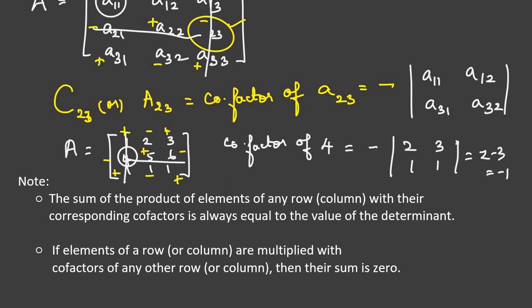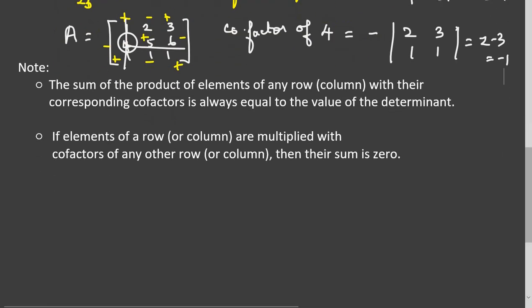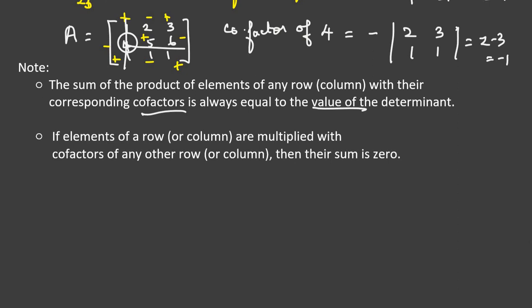Next, note that the sum of the products of the elements of any row or column with their corresponding cofactors is always equal to the value of the determinant, and if the elements of a row or column are multiplied with the cofactors of any other row or column, then the sum is 0. For example, we can give an example here. I take a given determinant, delta, equal to